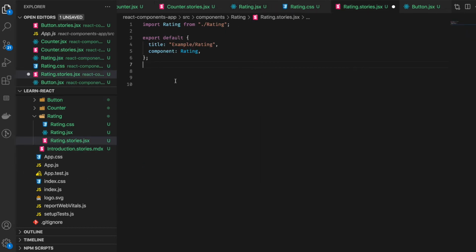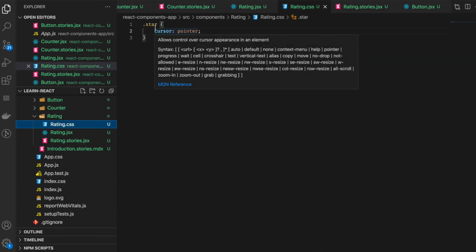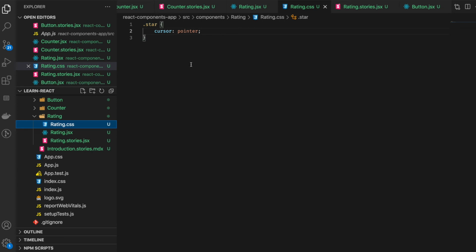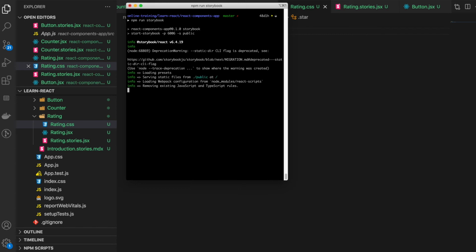Now if we move to the rating.stories.jsx, we will import the component, then we'll export our default, which has the title of Rating and component Rating. We'll add the template as our Rating component, and we'll create our first story called FiveStars, and we'll just pass the args as number of 5. This is basically our only story here. So we'll go to the rating.css and we will have our .star class. We just set the cursor to be a pointer so that it will change the pointer when we hover over the stars. Now if we run our Storybook,